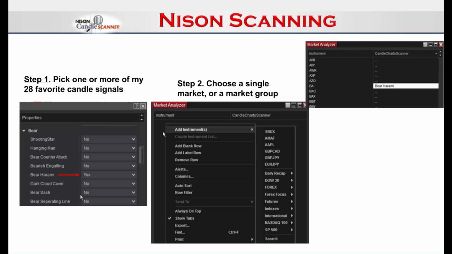You could scan the S&P 500 or the NASDAQ 100. Whatever watch list you pick, NCS will scan through everything and pick all those markets that have that pattern. So let's say it's the S&P 500. Here we have B of A, and there's a bear Harami. What does that mean? What you do is you click on bear Harami,